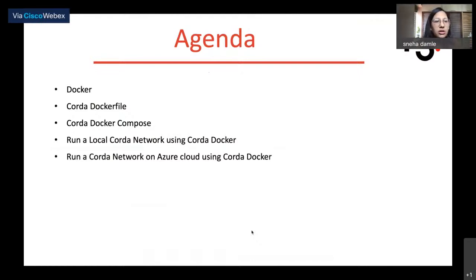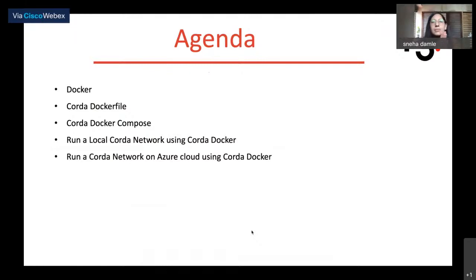That's where the Corda Docker file comes into the picture. We'll also see a bit about Docker Compose, and then deploy our nodes locally on different containers. Once we've done that, we'll see how a Corda node can be deployed, and how you can set up a Corda network on Azure using Corda Docker.